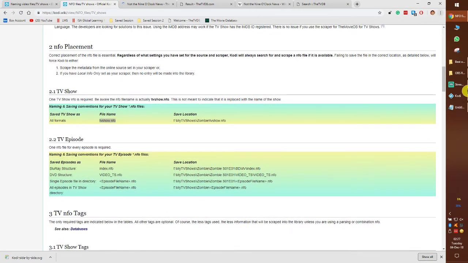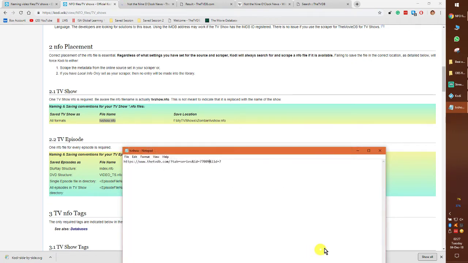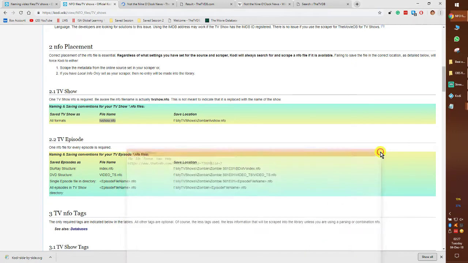Okay, so what I will do is save this as tvshow.nfo, and instead of save as type, choose all files, encoding as UTF-8, and save. Once that is done,